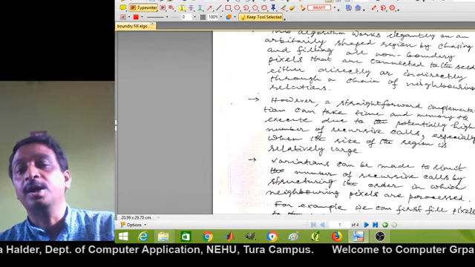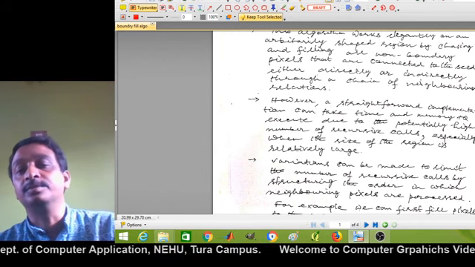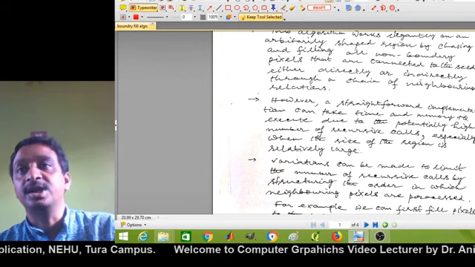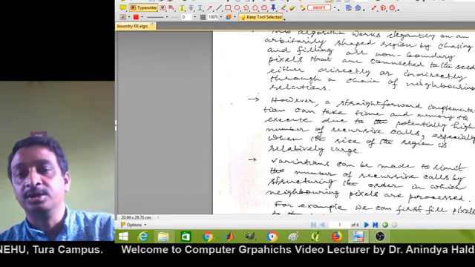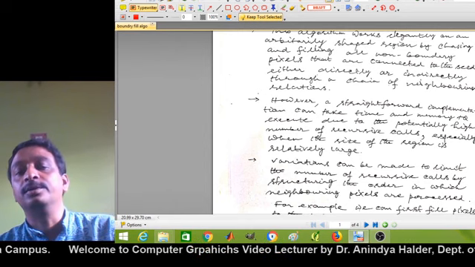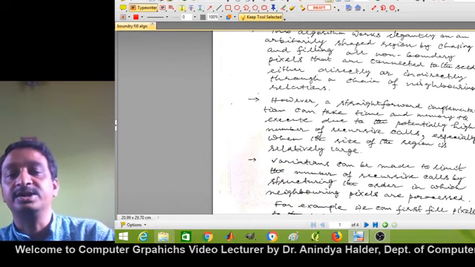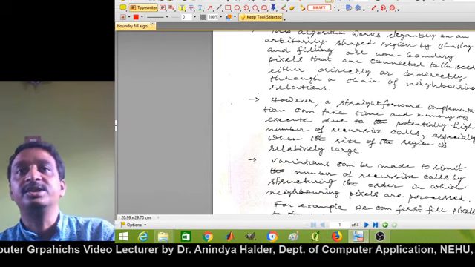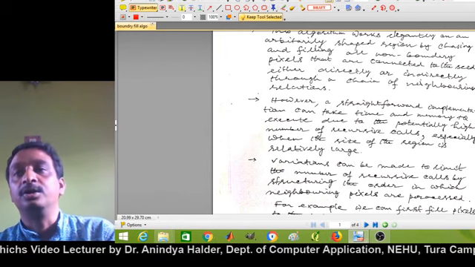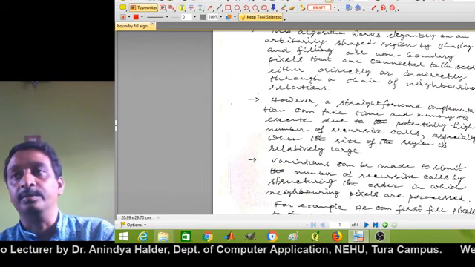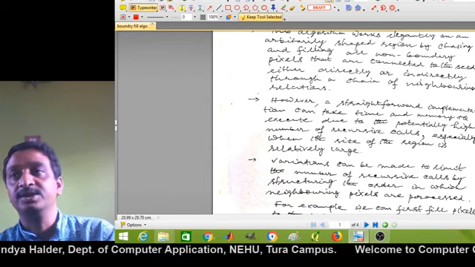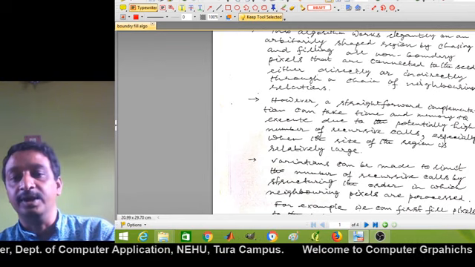Because this algorithm, as we can understand, makes a huge number of recursive calls, particularly when the region size is relatively large. Then it needs to make several recursive calls, and that requires several stack operations to hold the temporary variables in terms of its neighboring pixels and their returning color values.